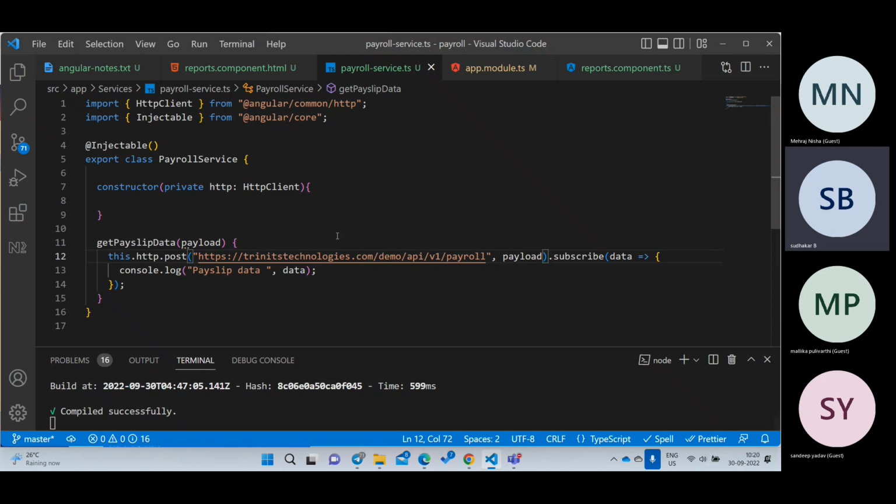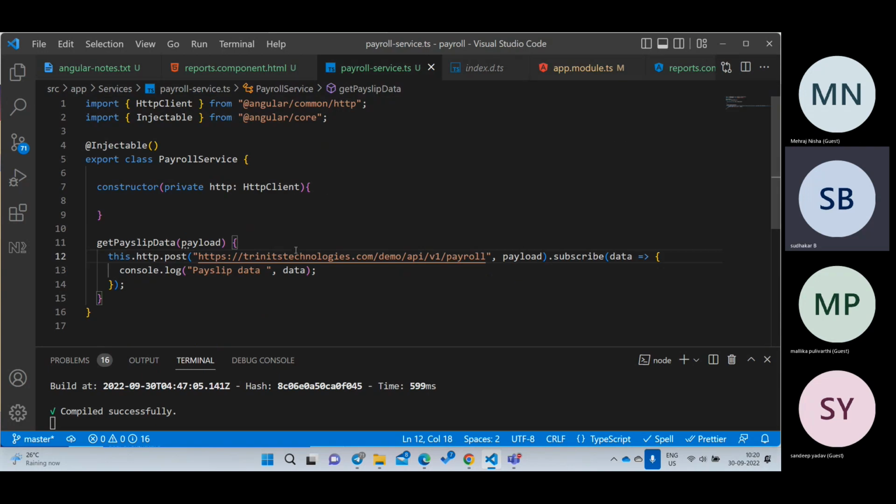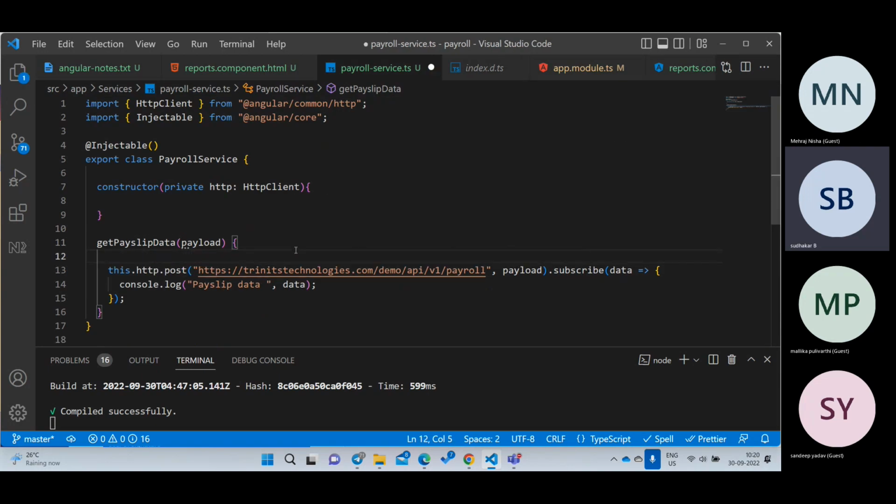So let us go to my project, and if you go to this post method, the first argument is the URL, the second is the body, and what is the third argument? Options. It is saying options, the HTTP headers. Now I will go here. For now I will hard code the headers. Let headers be equal to